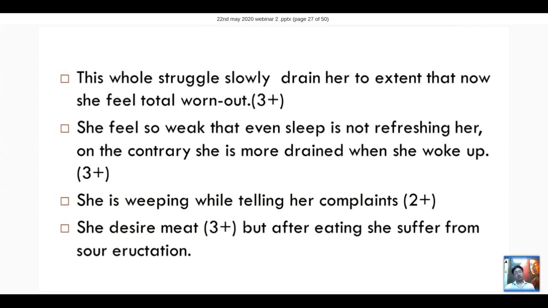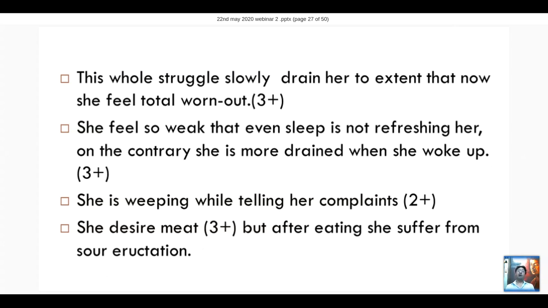Now, in this case, we are having an essence of one remedy, which is a very good remedy for menopausal conditions, and very good when conditions are from cares and worries. A very good remedy for a condition when it started to develop very slowly, right? Very good remedy when the patient becomes totally worn out. It is a very good remedy when the patient is totally worn out and not refreshed by sleep. And it is a very good remedy when the patient tells you that in the morning when he wakes up,